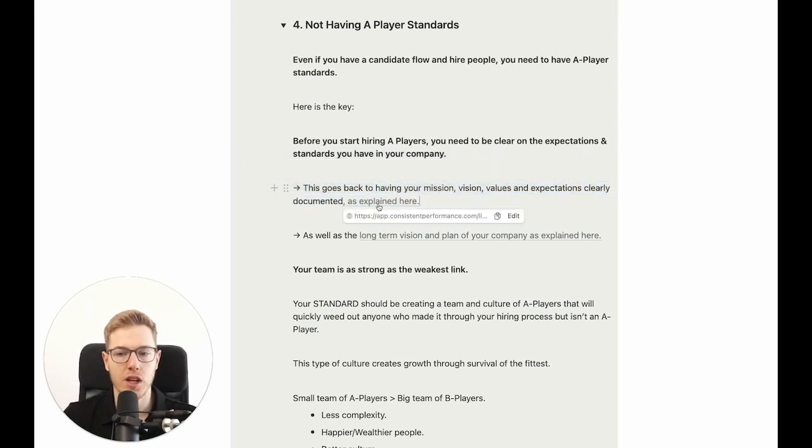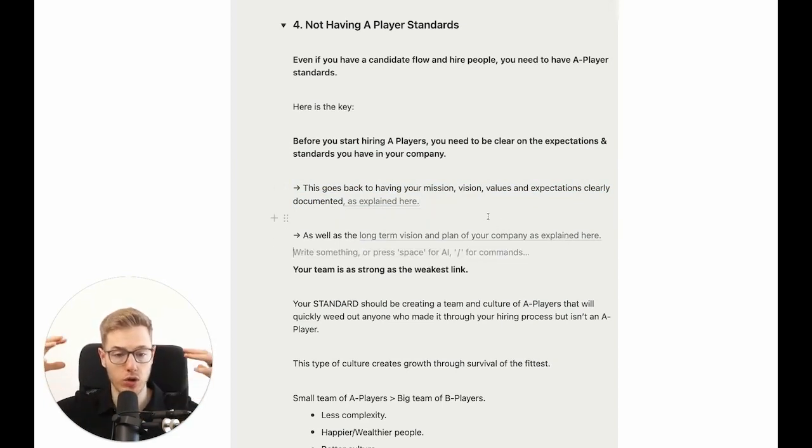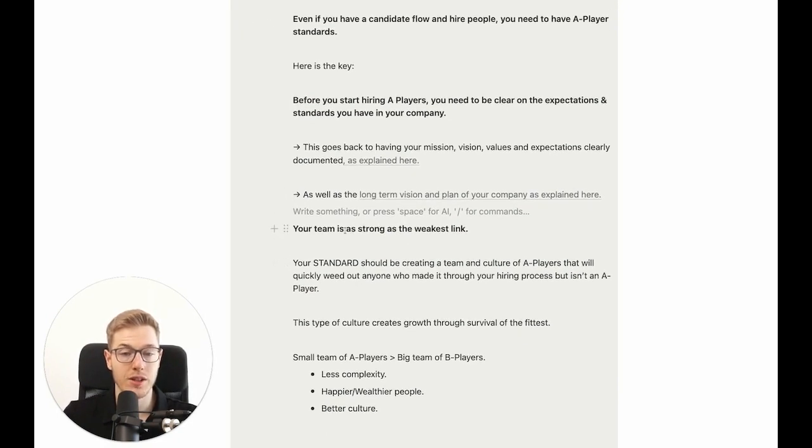We have a complete training in our client training on this, how to set up the long-term vision and plan of your company, which is our long-term goals, where we want to get to with the company, why we are doing what we're doing. Also broken down into the quarterly goals, the goals for the month, and then, very important, how do we run things at the company? How do we communicate? What standards of communication, online, offline, do we expect, right? What behaviors do we expect? What are our values? All of that should be clearly communicated,